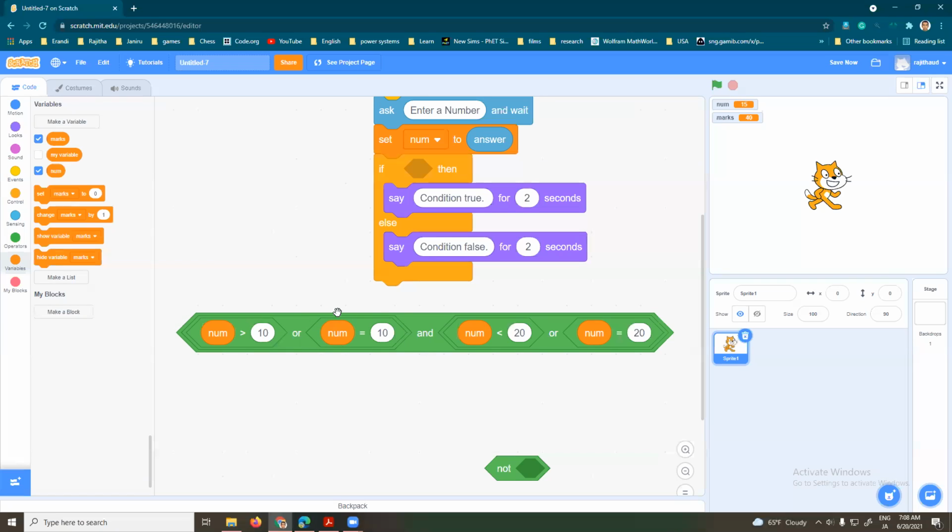That means if you combine these two with or, if either is true, this will be true. That means if the number is greater than or equal to 10, this will be true. And then here, if the number is less than 20 or equal to 20, it will be true. So that means less than or equal to 20, so 20 is included. And then both should be true